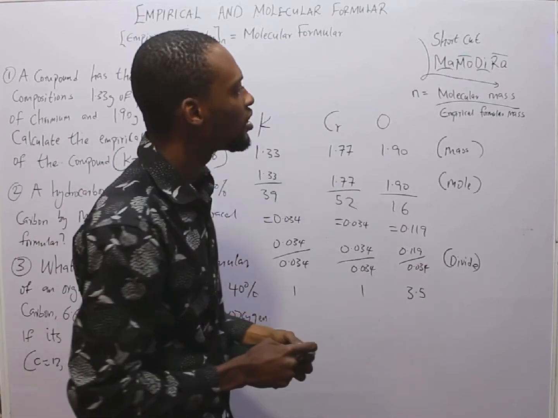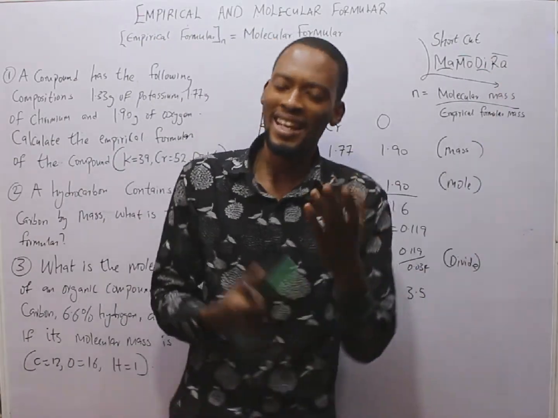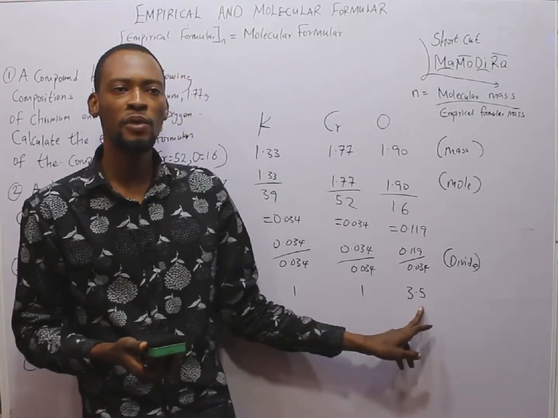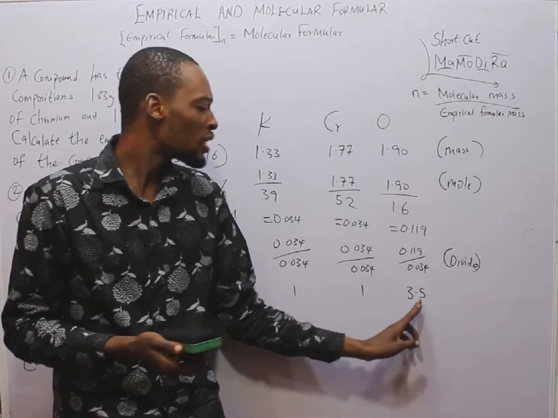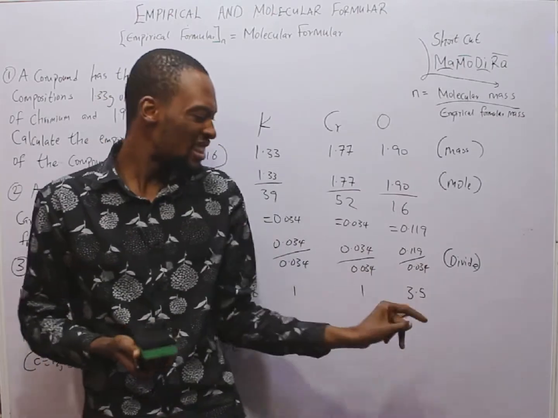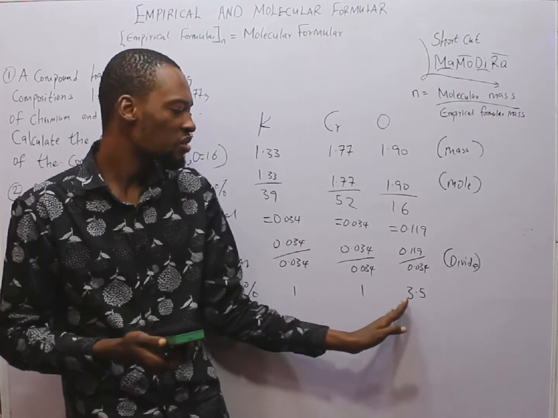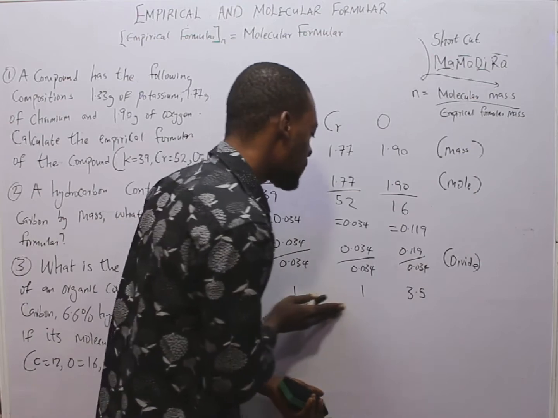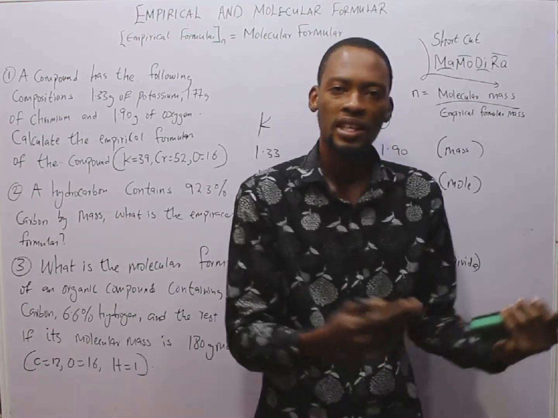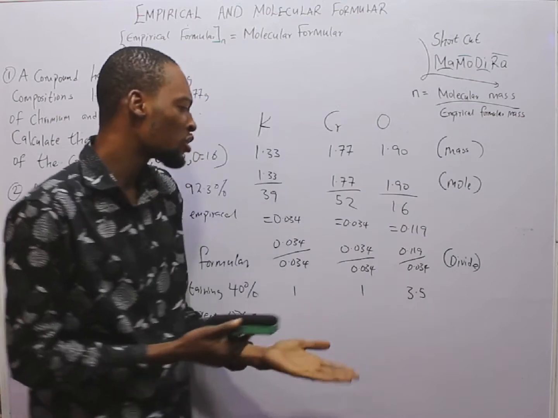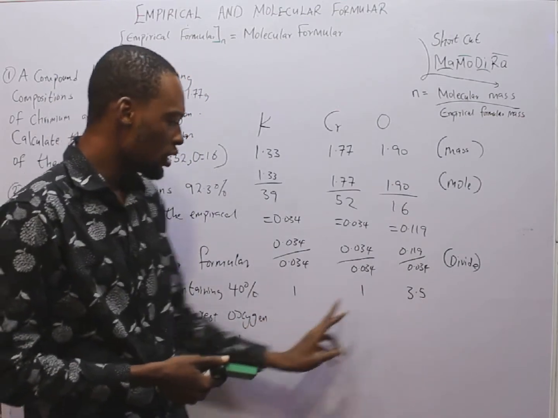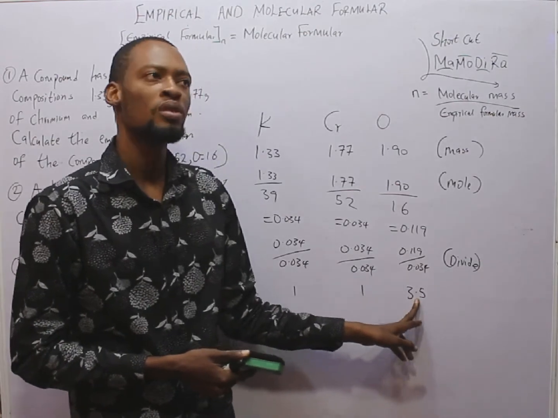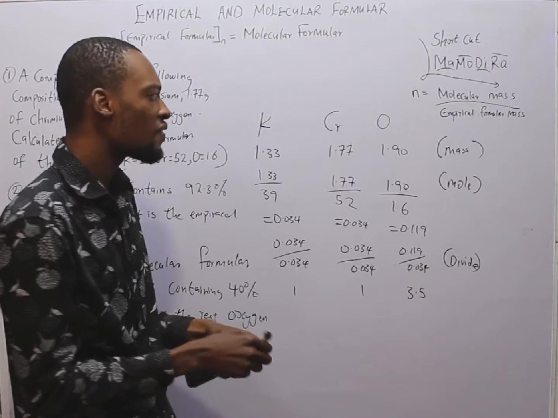Now look at something. Let's look for the ratio. Like I warned you about earlier, in empirical formula, we don't deal with decimal points. What should you do? Would you want to approximate? Never. Don't say this is 4. It is not 4. What you simply do is look for a number you can use to multiply through so that everything becomes a whole number. For example, if we try 2, 2 times 1 is 2, 2 times 1 is 2, 3.5 times 2 should give you 7. So everything arrives at whole numbers.